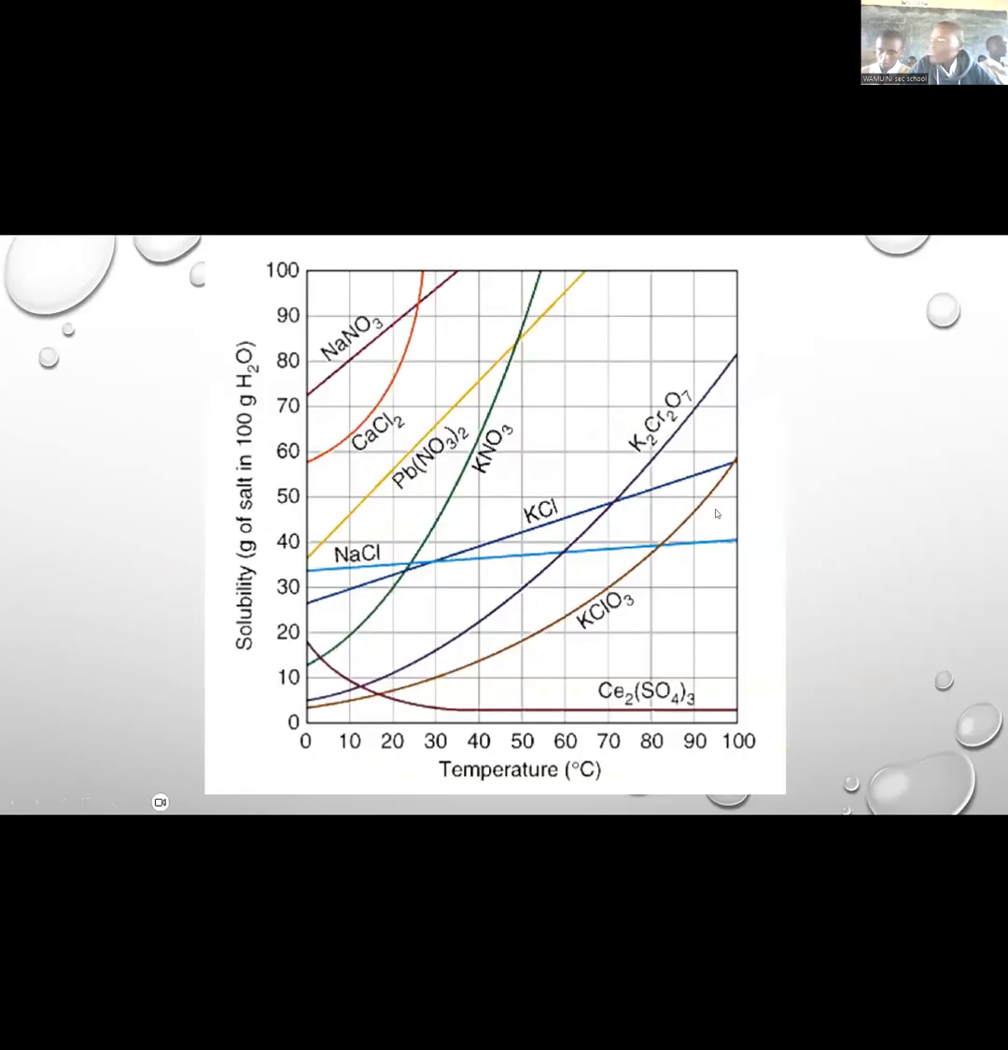You had an example. Then we looked at the solubility curves. There are not many you need to know, but you need to know about things that in general,